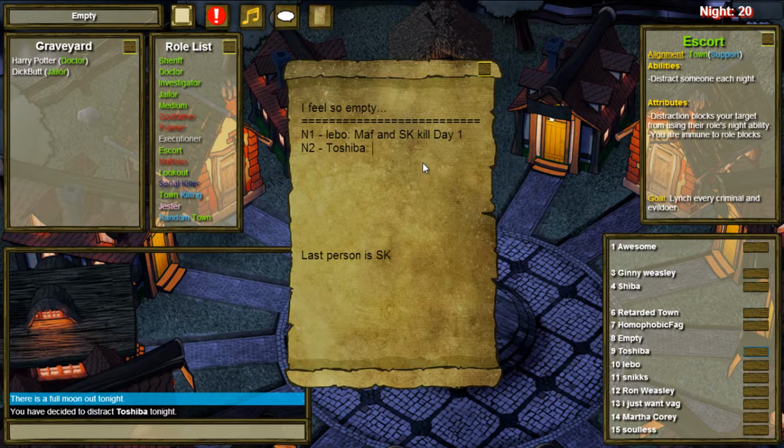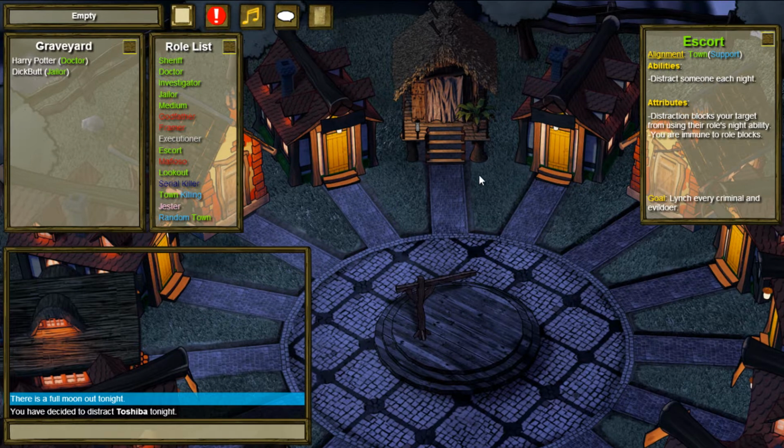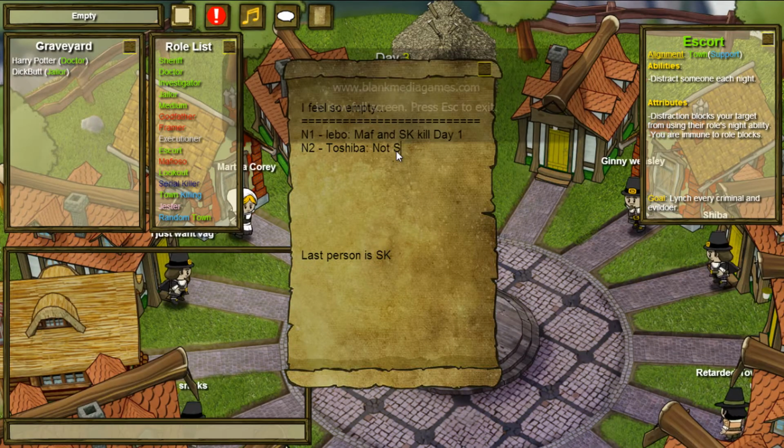Toshiba. So pretty much if there's no mafia kill, that can't really happen, obviously there will be a mafia kill, because if I roll block the godfather, the mafioso will kill. If I roll block the mafioso, the godfather will kill. So there's really no way to avoid that. But if I roll block the SK, then, so this guy's not SK. I know that